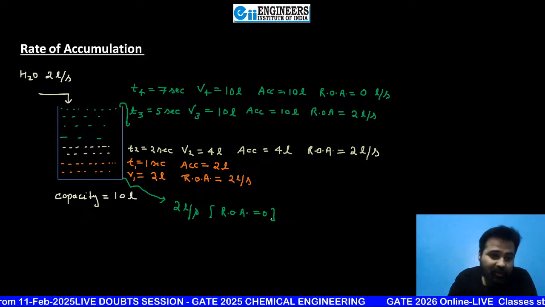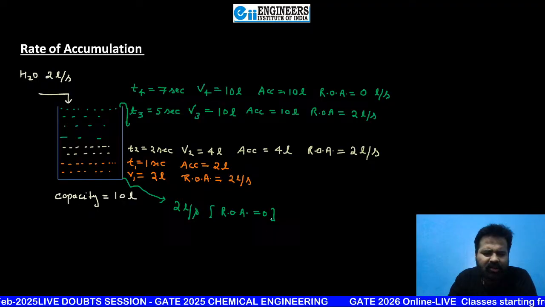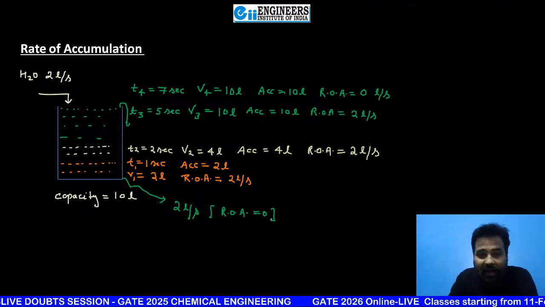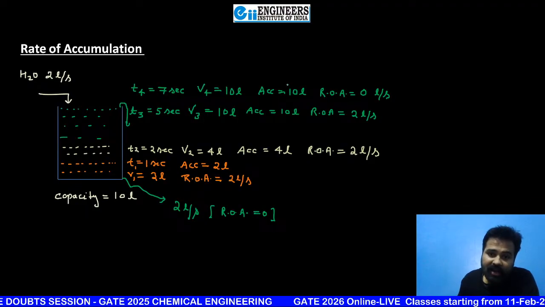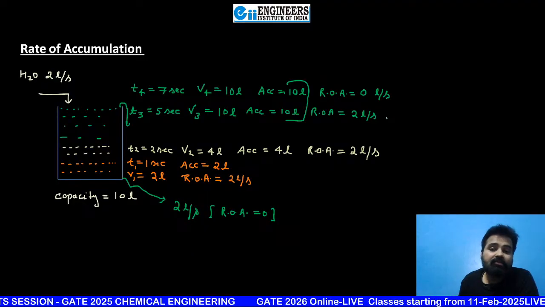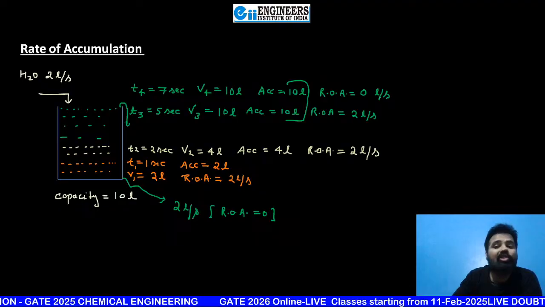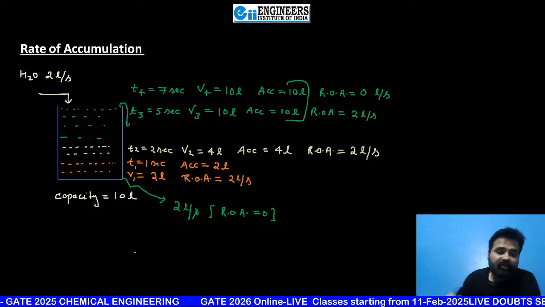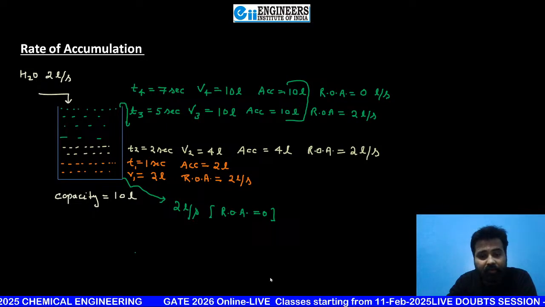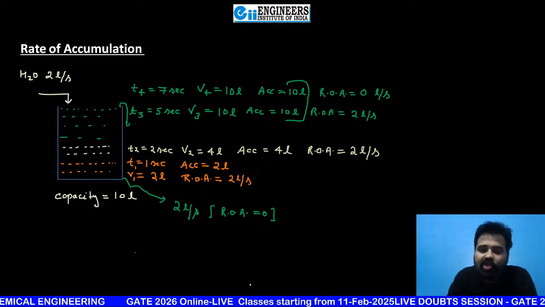Okay, so whenever we are going to see any flow processes, we are not interested in accumulation, because everywhere here accumulation is 10, here also accumulation is 10, but one time I am saying rate of accumulation is 2 liter per second, and one time I am saying it is 0 liter per second. So, my dear students, the important thing for us is rate of accumulation, because generally we are going to deal mostly with flow processes.